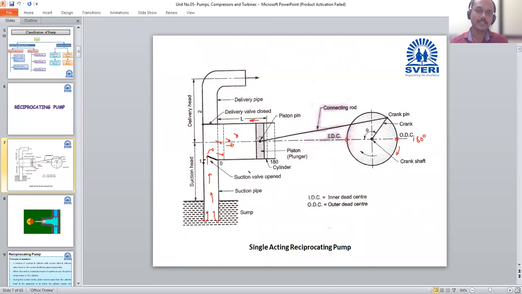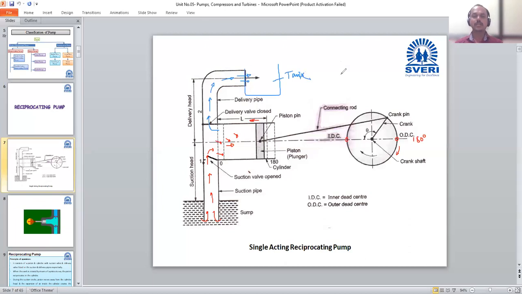And as it is pressurized, the suction valve is closed and the delivery valve gets open. And the pressurized water, we add pressure into the water with the cylinder piston arrangement, and that pressurized water is moving into the delivery pipe and it comes out through the delivery pipe. Okay, we can store it in a delivery tank also. If suppose this is the delivery tank, so we can save it here.